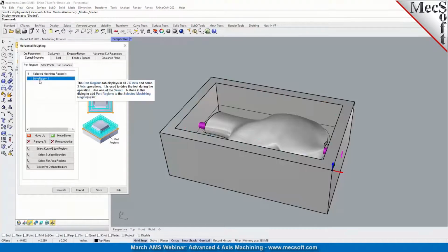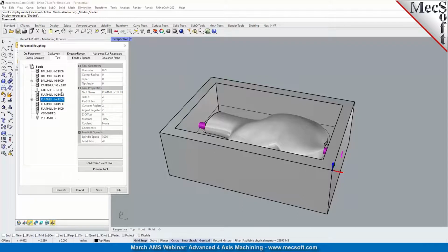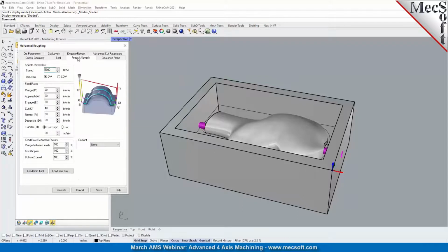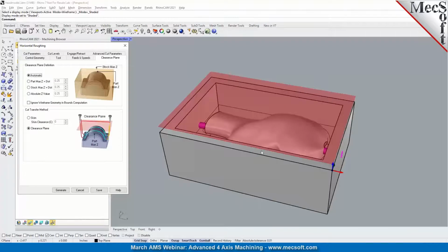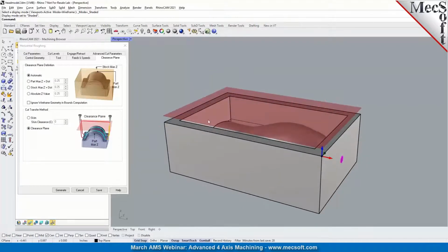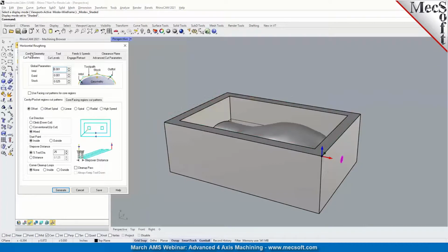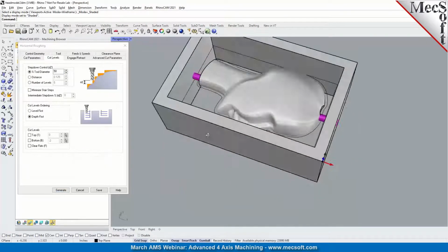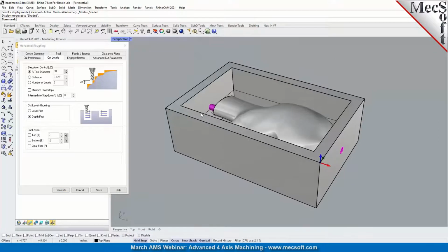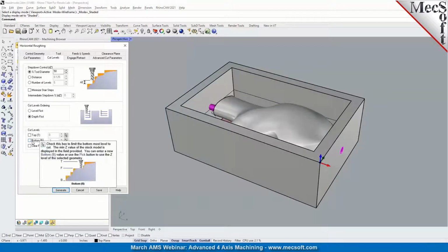We could select containment regions to restrict our toolpaths. We'll pick a tool for it, set our feeds and speeds. The workflow is very similar to how we program a 3-axis toolpath. The clearance plane is set to automatic. Specify the cutting parameters. In the cut levels, we can specify a bottom cut containment to limit the toolpath